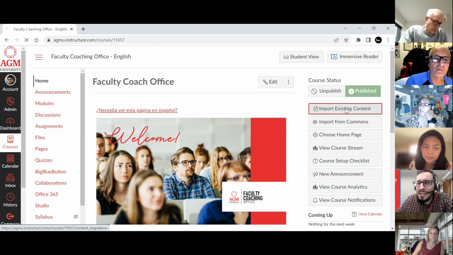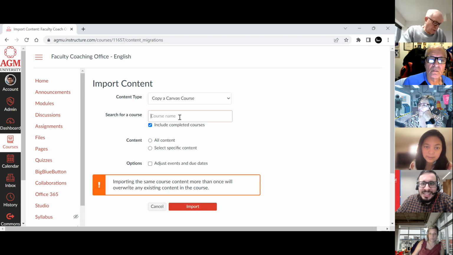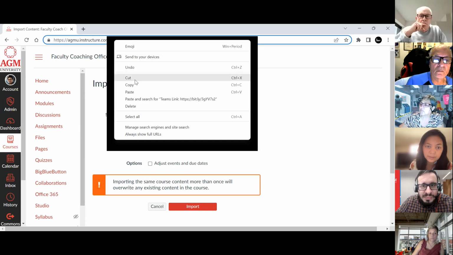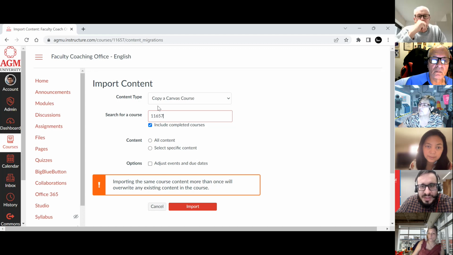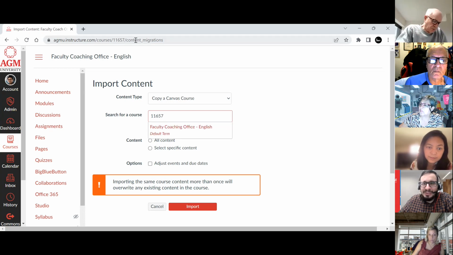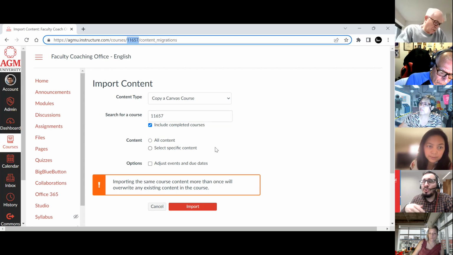If you import existing content, it's going to copy a Canvas course. See, it asks you for that code. So you just enter the code. You just put it there and see, it says the course that you are copying from. So remember that little number right there is useful for that. If you need to import content from another course that you have in Canvas, you just need to copy that little number, enter it in this page where it says import content,